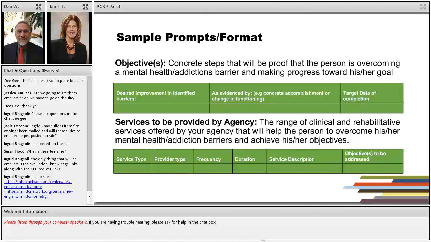But one of the other points in here is, an objective is not attendance at the intervention. Okay? And in that, again, we prompted for certain things. So what's the improvement that you're looking for as evidenced by? And that's the measurable piece of the SMART objective. We figured we would separate that out and specifically prompt for it, because that very often is the area that is missing. And then a target date of completion.